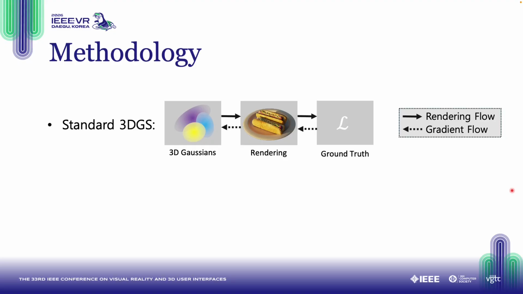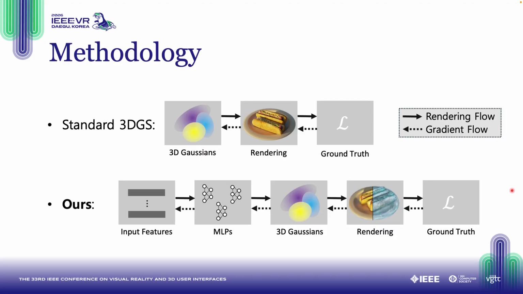In the standard 3DGS pipeline, anisotropic 3D Gaussians are rendered. Their attributes change in the training phase via backpropagation through the differentiable rasterizer. Our method keeps this part of the rendering process unchanged, as we also rasterize 3D Gaussians. However, the attributes of the Gaussians, like shape and color, are first predicted via the scene-specific MLPs. As input to the MLPs, we apply input features.